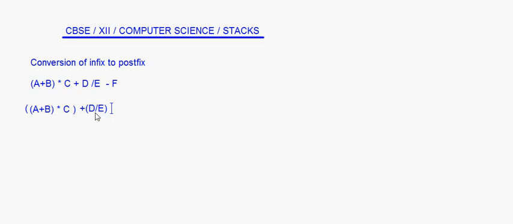Division has got a higher priority. So we put that in bracket plus D. D divided by E will be done first. Now this whole thing up to this place, I put another bracket like this, because after this you have got minus F. This subtraction has got the least priority, and even though we have a plus here, plus and minus both have the same priority, but we have to take it from left to right. Finally I put one more bracket to close the expression, and for this the opening bracket is here.